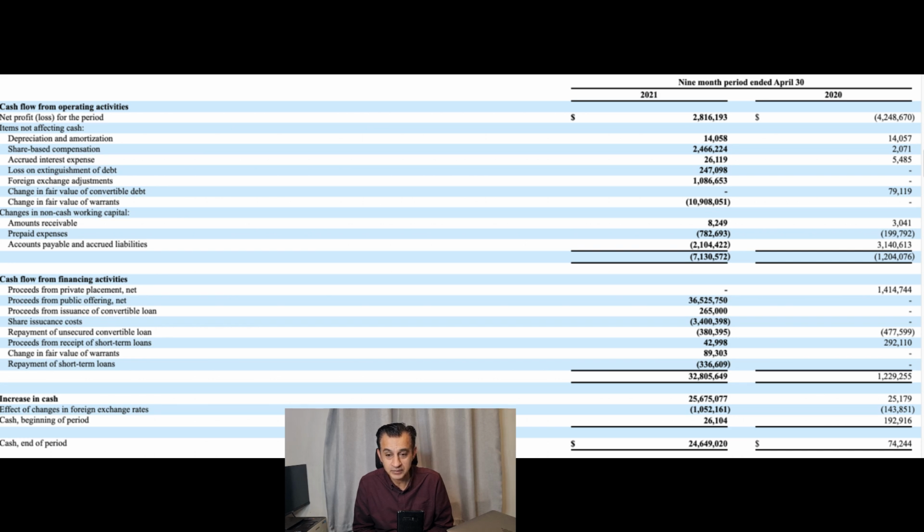So at the 2020 balance sheet, the cash held was around $24,000, and the cash held at 2021 in the balance sheet is now in excess of $24 million. So that is a huge and very significant increase in cash available to the business, from $24,000 to in excess of $24 million. What this basically means is the company is in a very strong position to carry out the trials. It's in a healthy position to pay off any debts,